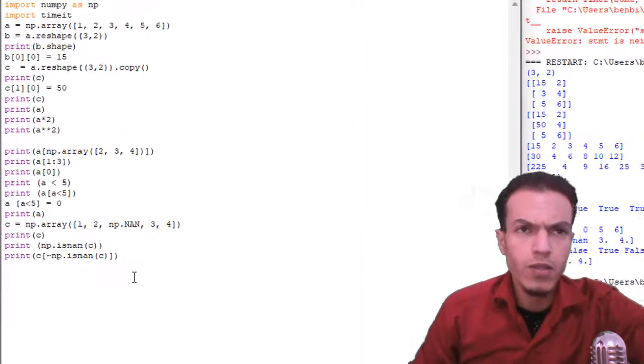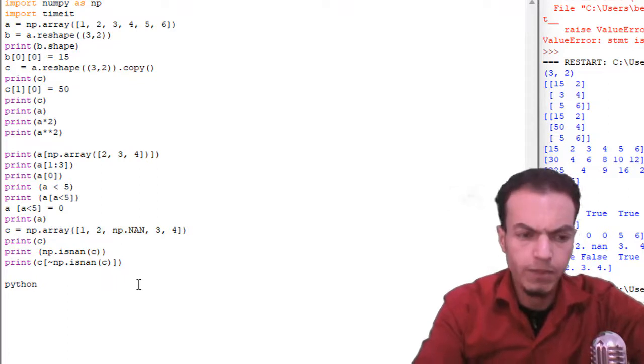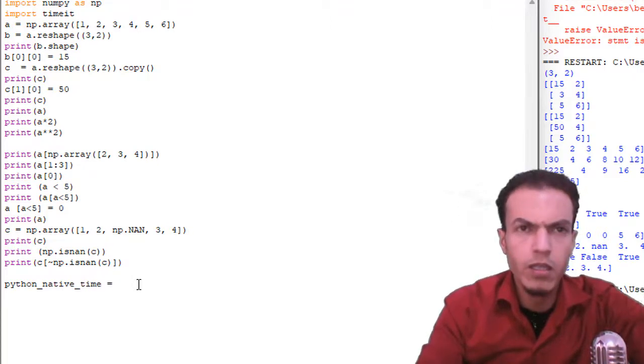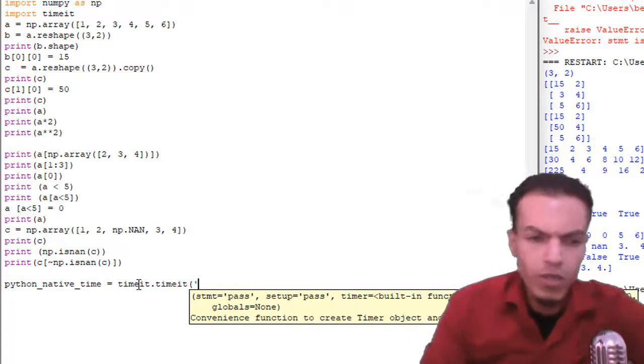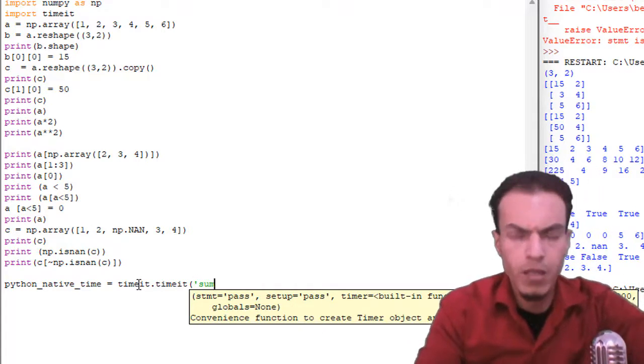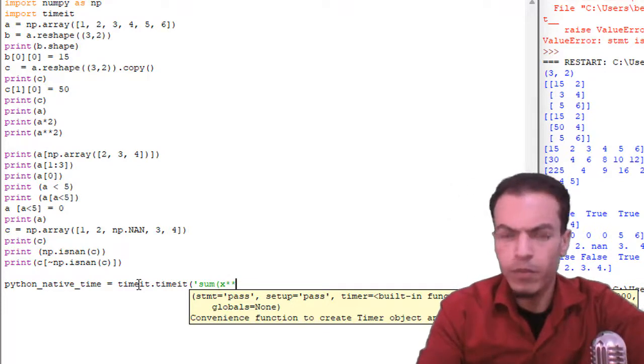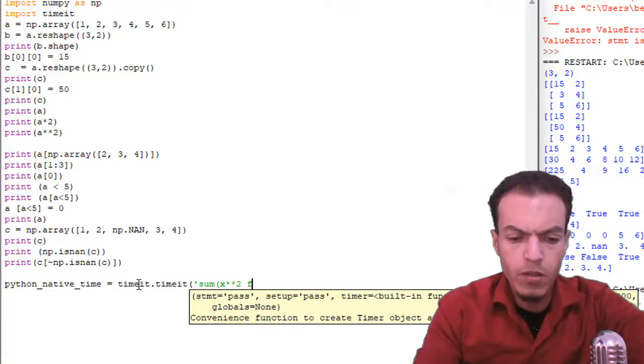And let me initiate the first variable, so I'm going to call it Python native time. This is my first variable here, so it will be holding the value that will be returned by the function or the method Timeit that is available under the Timeit library. So Timeit, and then in here I'll pass the operation for which I want to calculate the runtime. So sum of x squares for all the numbers x in the range of 1000, so 0 to 1000, so range 1000. And then let's close the paren